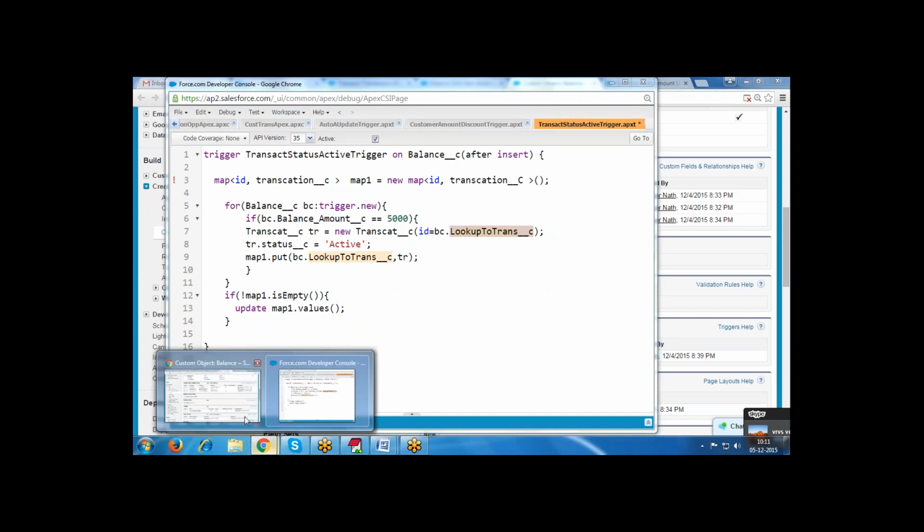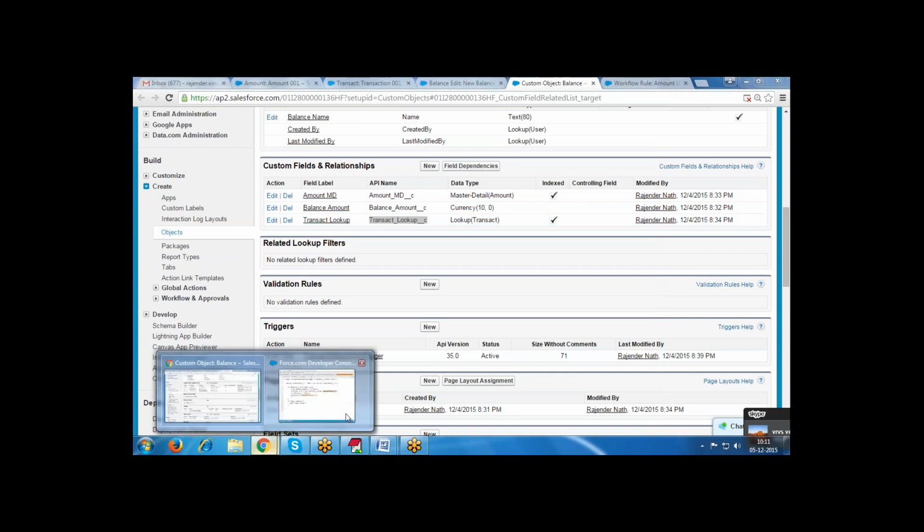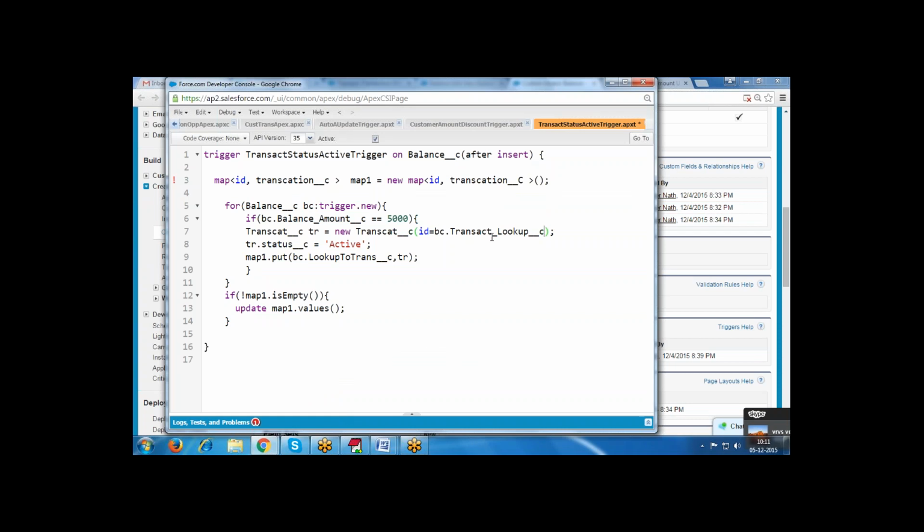The field name is the lookup relation, transact lookup. Now this field we are selecting is nothing but an id, and we are passing some id value here in the transaction object.